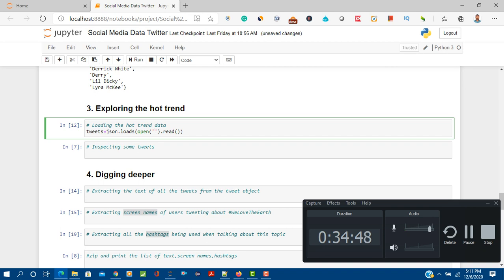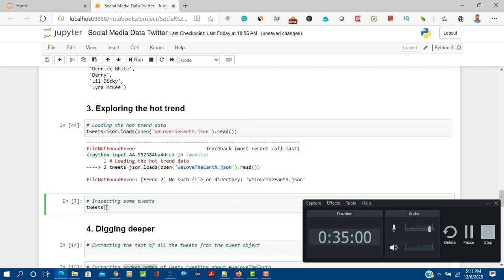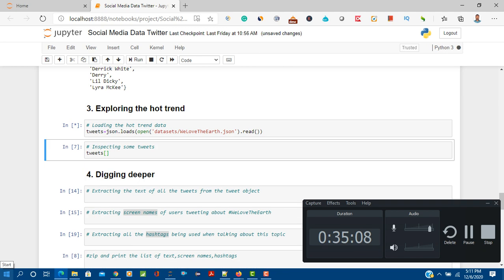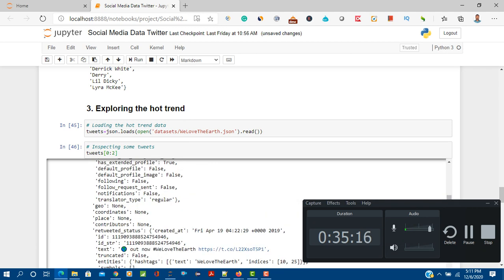Here I'm passing this JSON. We will inspect the tweets. Sorry, datasets slash... On that we will see the first two values. So if you see this one,